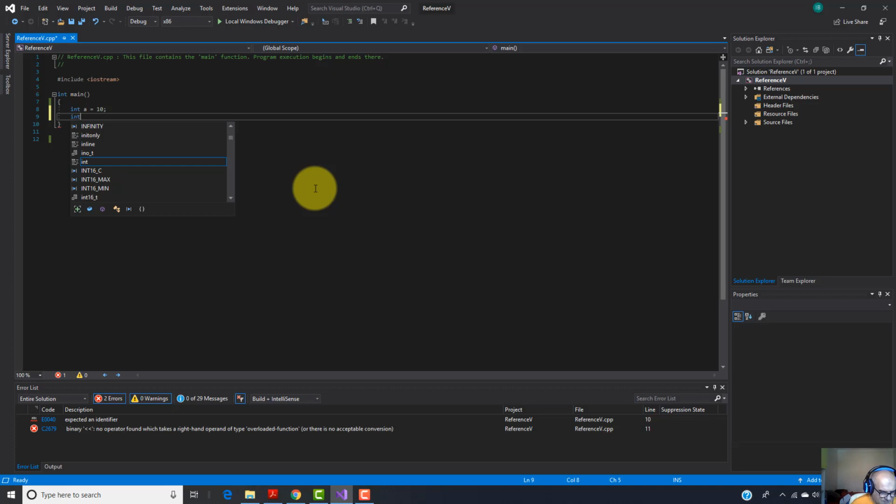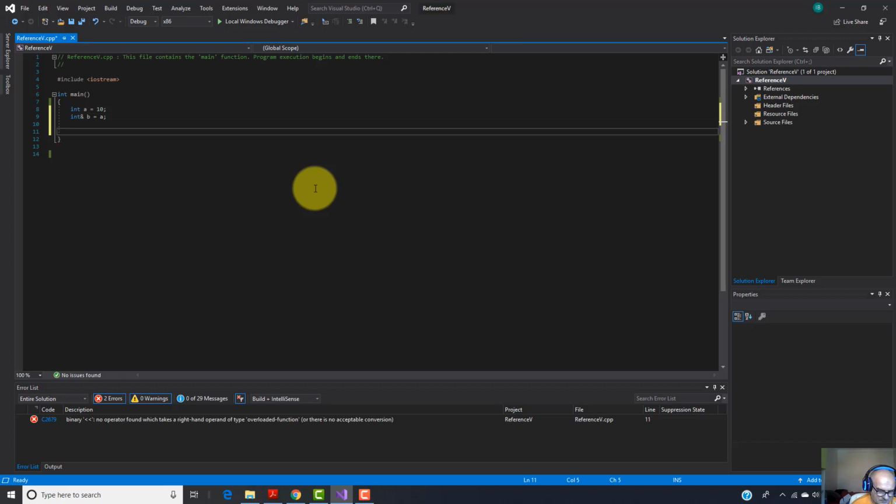So to declare a reference variable, you have to use this ampersand operator, either straight after the data type, or you can use this ampersand operator before the name of the reference variable. Okay, let's say b, and I'm going to assign this reference variable with this variable a, and